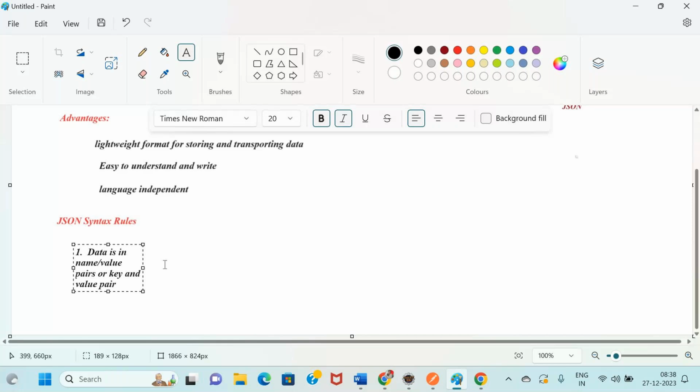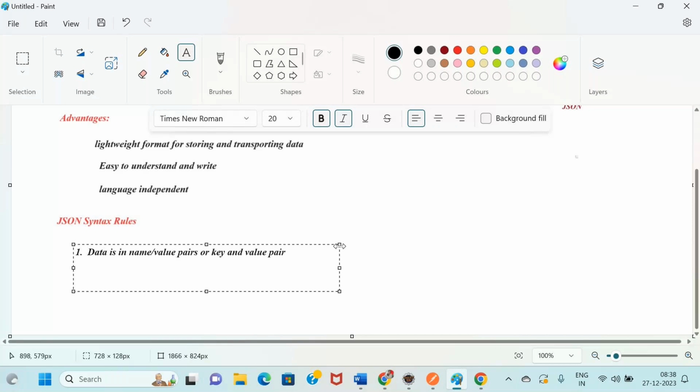Data is in the form of name and value pairs or key and value pairs.